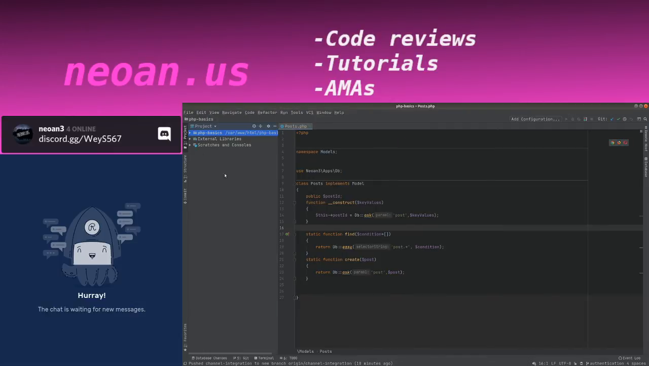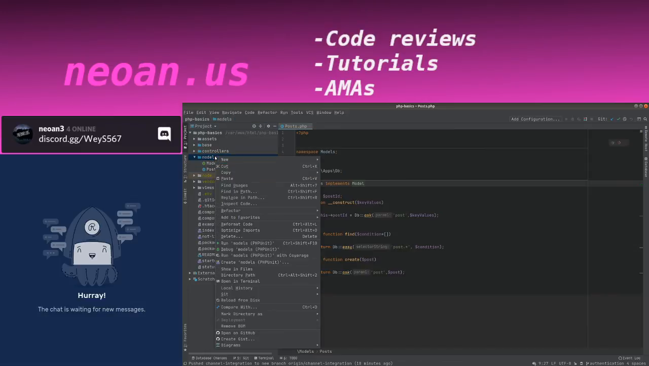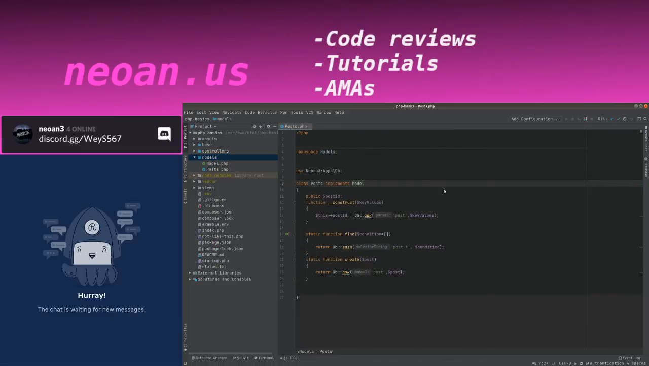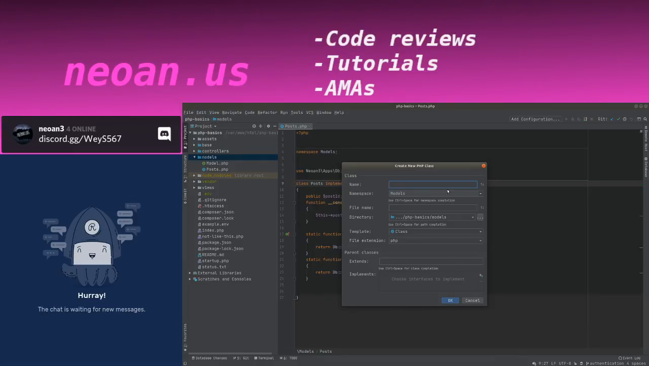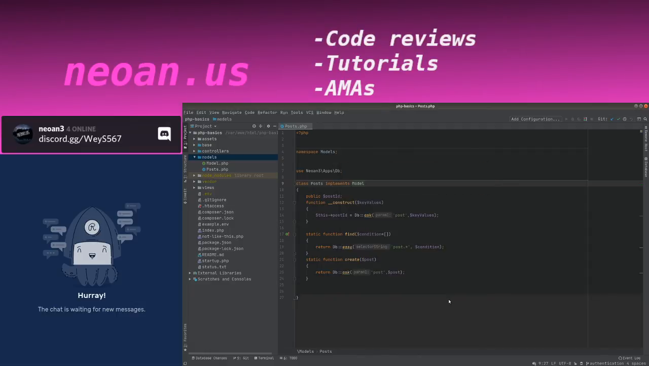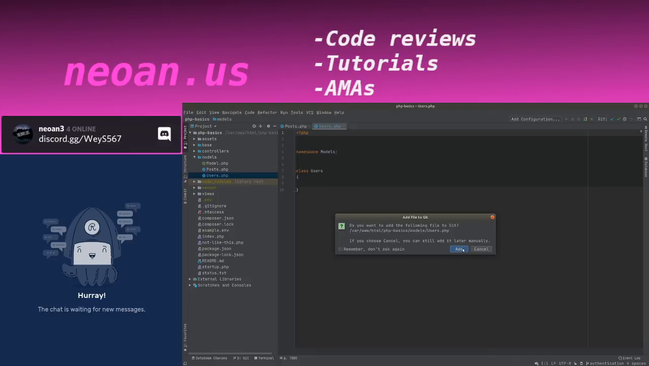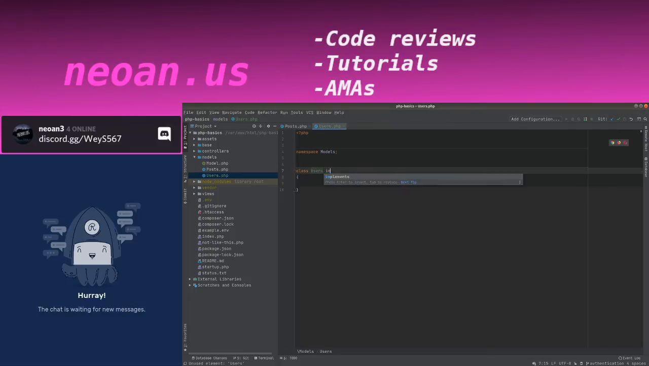What we probably want to start out with is to say, okay, we need a model. Now we have our post model that looks like this, and we also need our user model. So let's create a new class that we're going to call user. The namespace is models, that generates all of this. That is okay. Let's do this. Yes, we want to add that to Git, and this implements